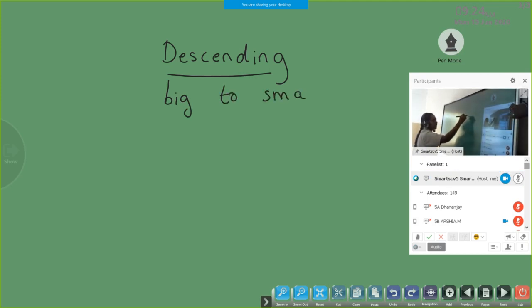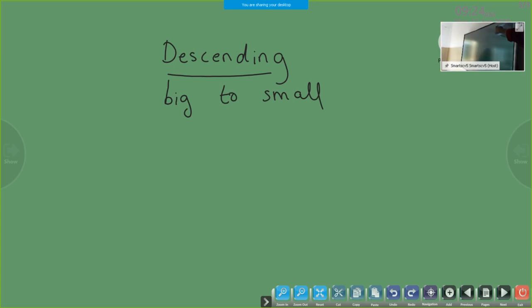When the question comes in the exams, we have seen some mistakes in some students. When the question is asked for ascending, some students will write descending, and some the other way also. So please remember that descending is from big to small and ascending is from small to big. Like ascending order, we have to compare for descending order. In that case, we have to find out the bigger number first.